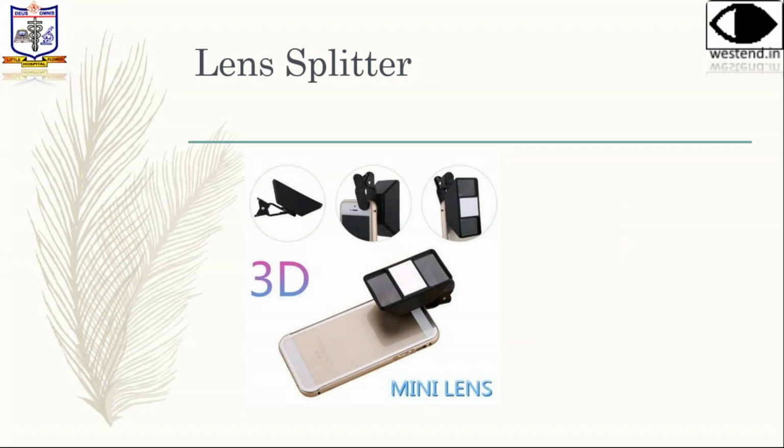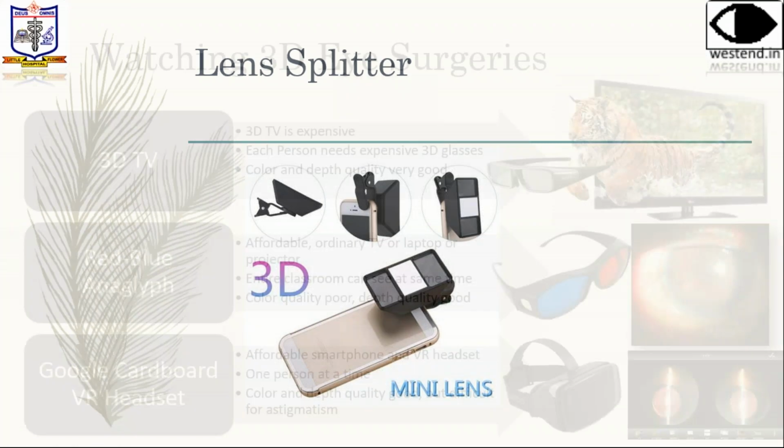You can also use a lens splitter. I have found that these lens splitters are not of very good quality because they use back silvered mirrors. If you get one with a front silvered mirror or prisms, you would get better 3D photographs. Otherwise, there is a lot of reflection and the images are not apposed correctly.